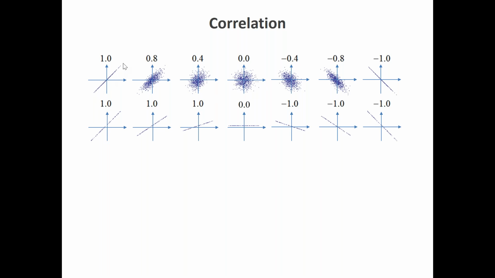If instead they are aligned on one single line like this, then we have perfect correlation, because indeed when one series goes up on the x-axis, then the other on the y-axis also goes up, and when one goes down, then the other also goes down. So you see that in this case there is perfect correlation, but in practice, with empirical data, we never have zero correlation or perfect correlation. We have something in between. So we have, for example, in this case, correlation 0.8.